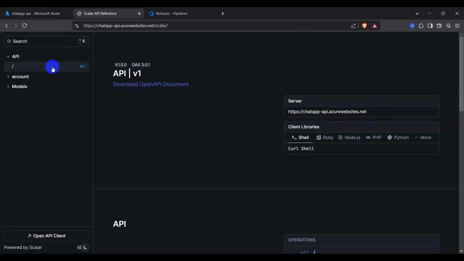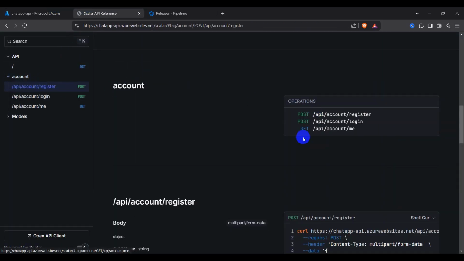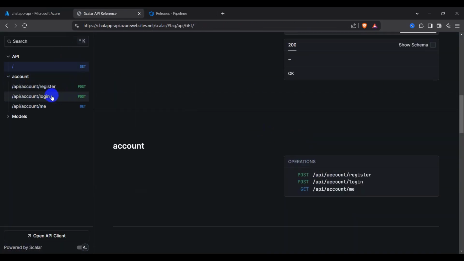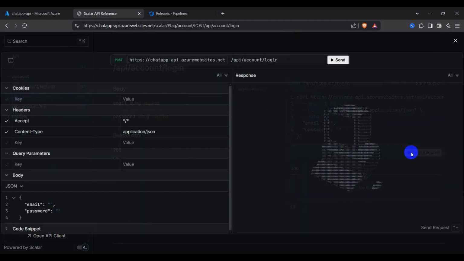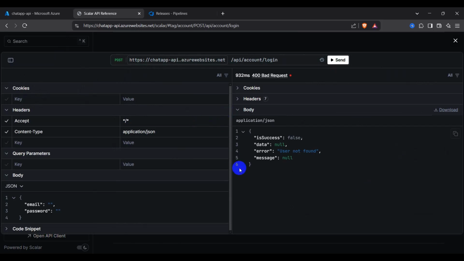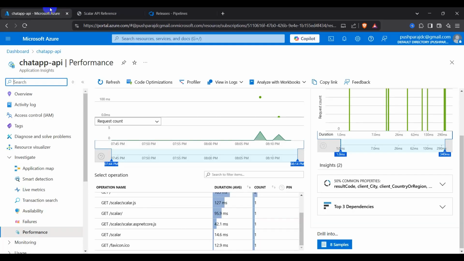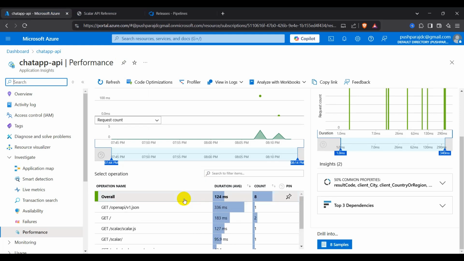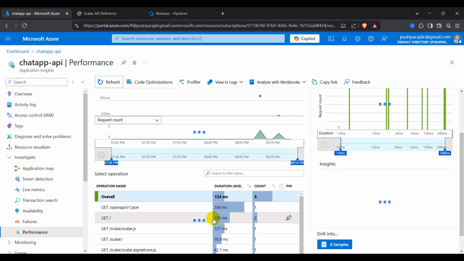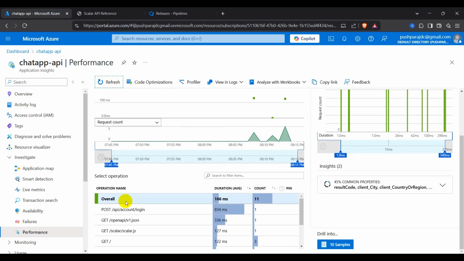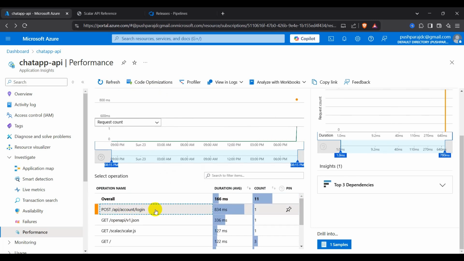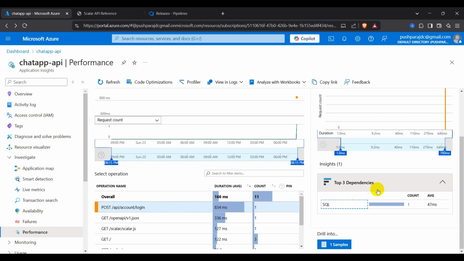Let's execute login and let's click login, test and send. So we can see user not found message here. Go to Azure portal and here let's refresh it. Now we can see here API account login. So let's click it. We can see top 3 dependencies, SQL,